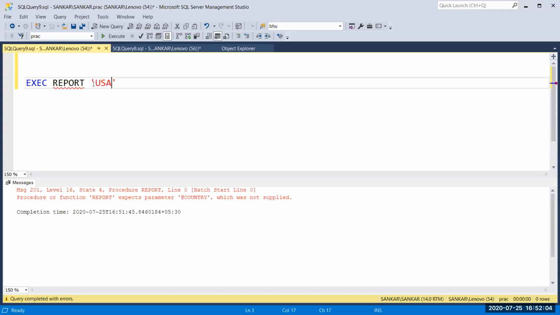That's all. If you add one more parameter, just give a comma, then pass your value here, and the values should be in the same order which you have given in your procedure. So run this.